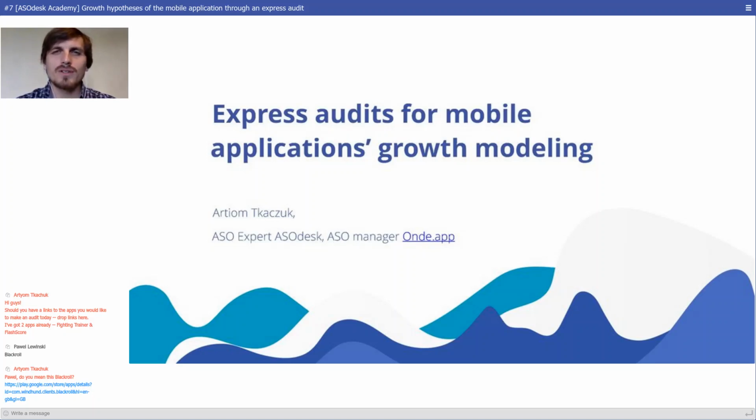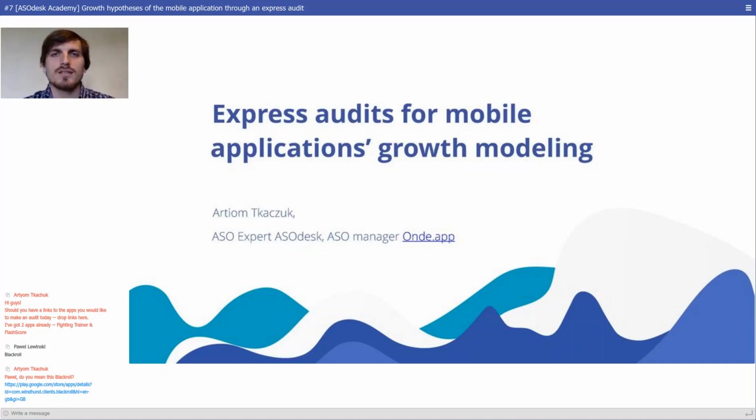We'll be talking about this from the perspective of our app and from the finding the models for growth for our app, and we'll be talking about our competitors, how to get inspired by their ASO steps, how to find ideas, what should be done from our side while analyzing their apps and their app store optimization